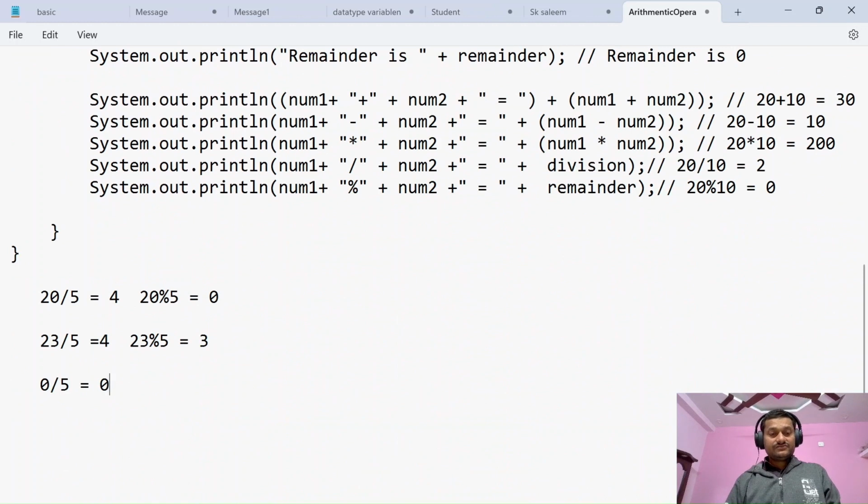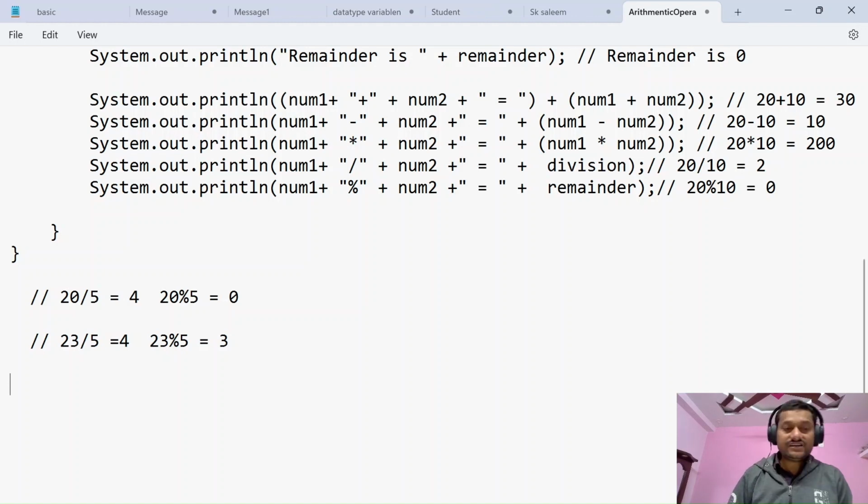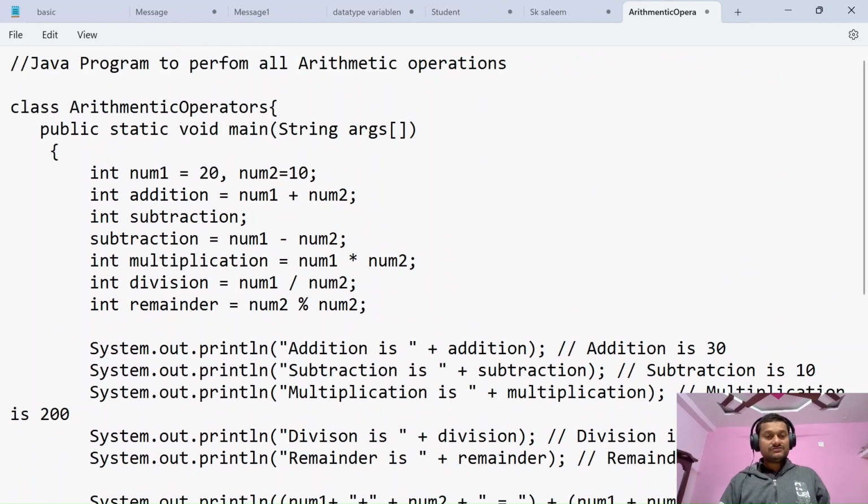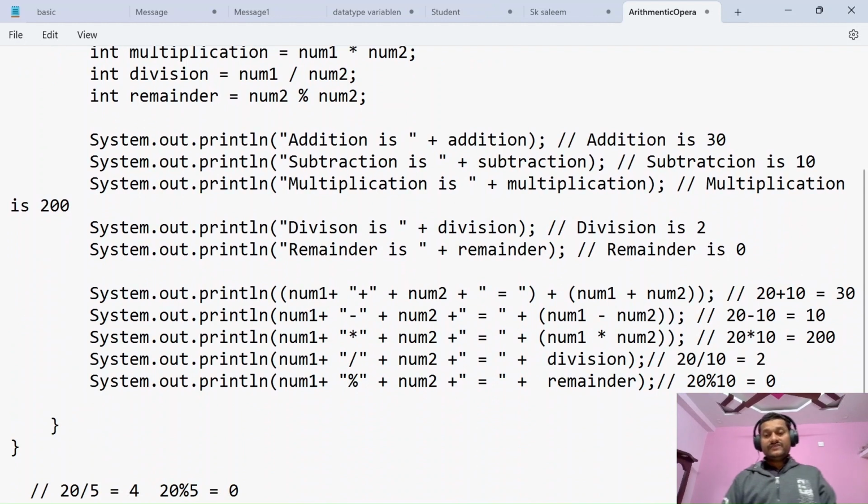Are you clear with this one, guys? So what exactly is it giving? See here, the remainder is 0 in one case, but here you will get remainder as 3, since 5 fours are 20. His doubt is that he wants to display floating values also. Let us take this as 23 and this as 5, so 4 point something, right? So if I am applying division,